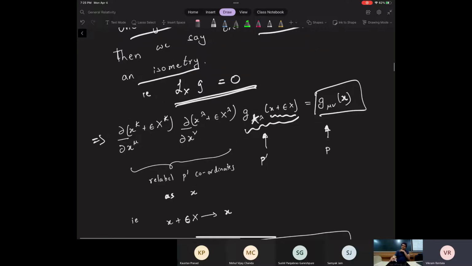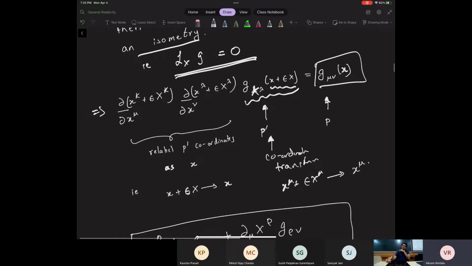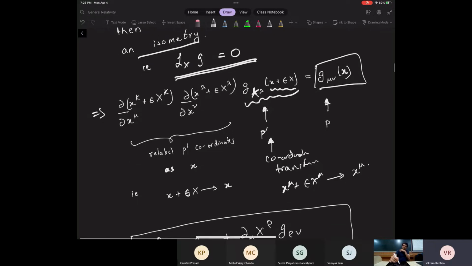Now we make a tensor transformation, a coordinate transformation, and the coordinate transformation tells us the rule for how tensors transform. So this point has coordinates x^μ + εX^μ. We change the coordinates to the coordinates x^μ. After we make this transformation,